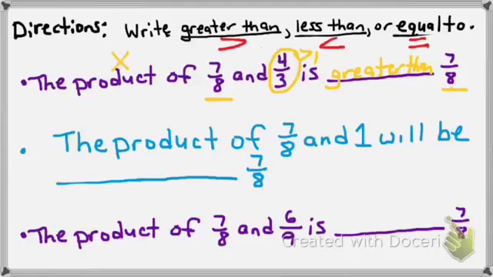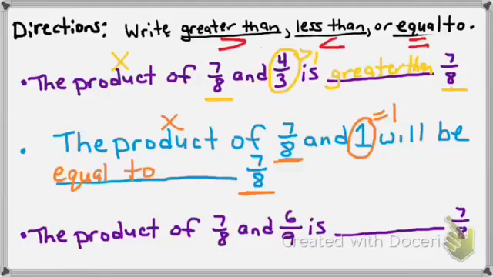The product of 7/8 and 1 will be greater than, less than, or equal to 7/8. Well, my given number that I need to compare to is 7/8. Find that earlier in the problem. That's my given number, 7/8. I know that product means multiplication, so I'll be multiplying that given number times 1. And a given number times 1 equals the given number. So 7/8 times 1 will be equal to